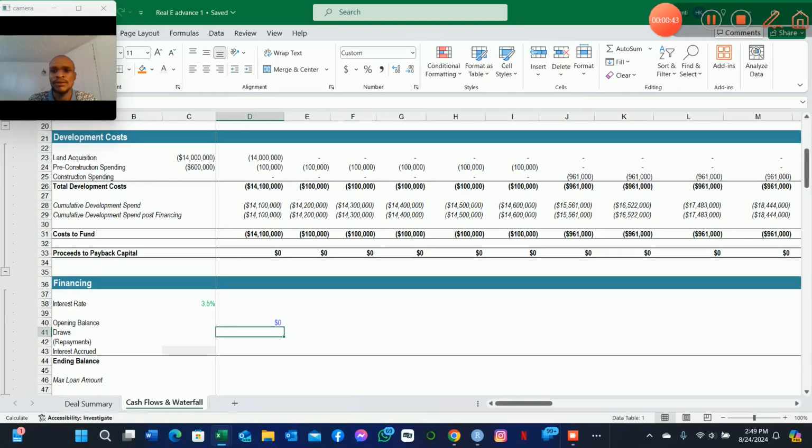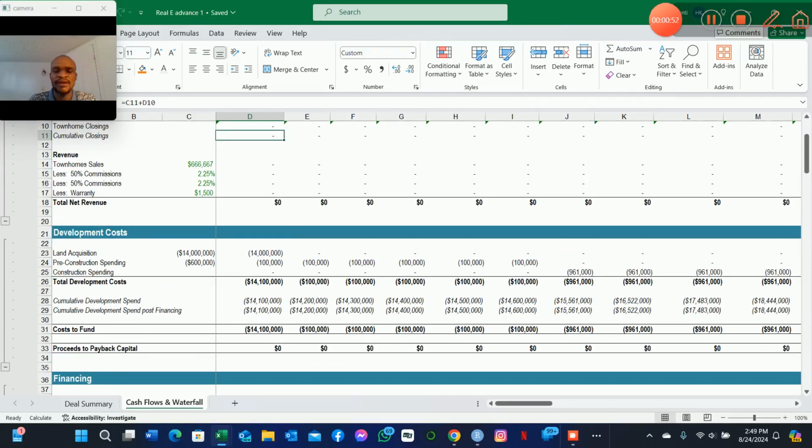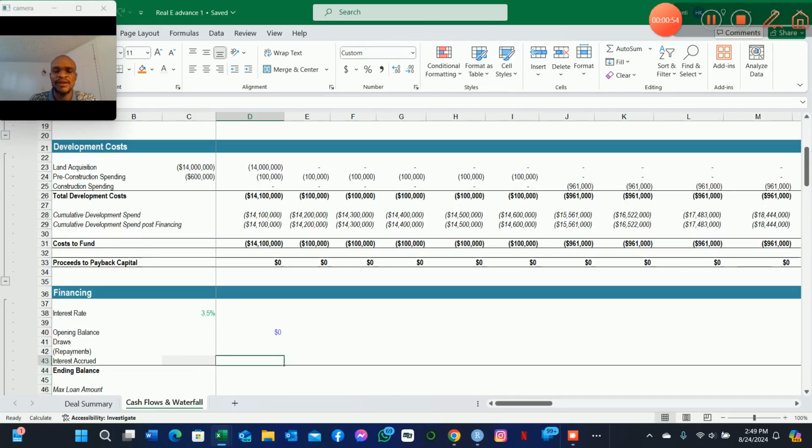So what we're gonna be doing here is we're gonna draw $5 million to acquire the land. So $5 million will be drawn to acquire the land. So we have to account for that on this first date. Then going forward, the draws are gonna be made on another, different formula, which I will explain in a little bit. So first of all, we're gonna say equal to if